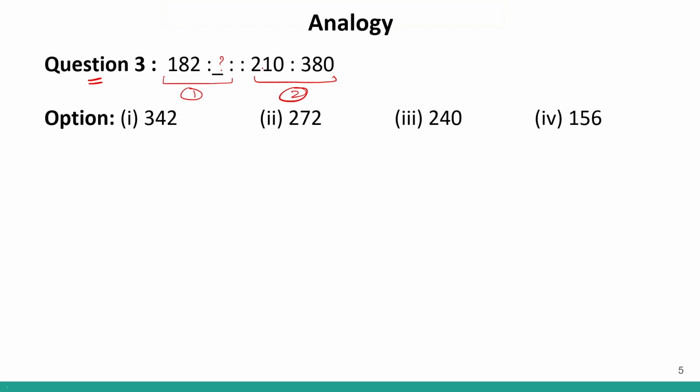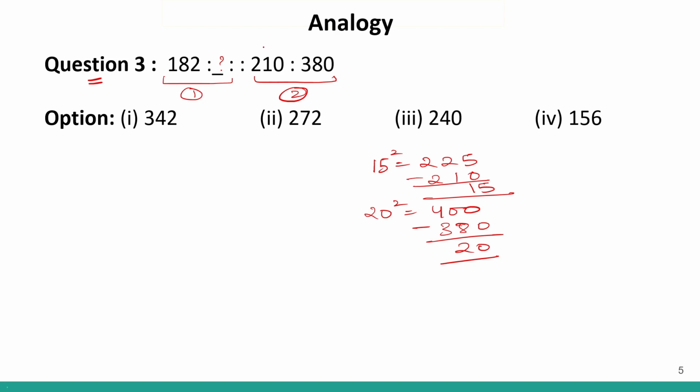So now 210 and 380, how are they related? If you remember, 15 square is how much? 225. Correct? And 20 square is 400. This is how much short of 210? So what is the difference between 225 and 210? It is 15. Similarly, what is the difference between 400 and 380? It is 20. So 210 is basically 15 square minus 15 and 380 is basically 20 square